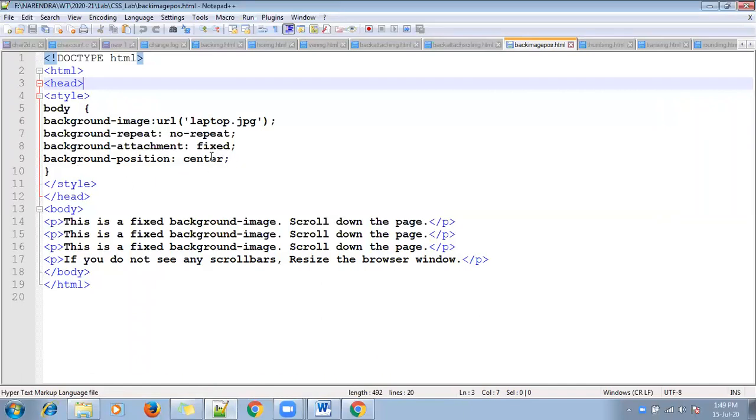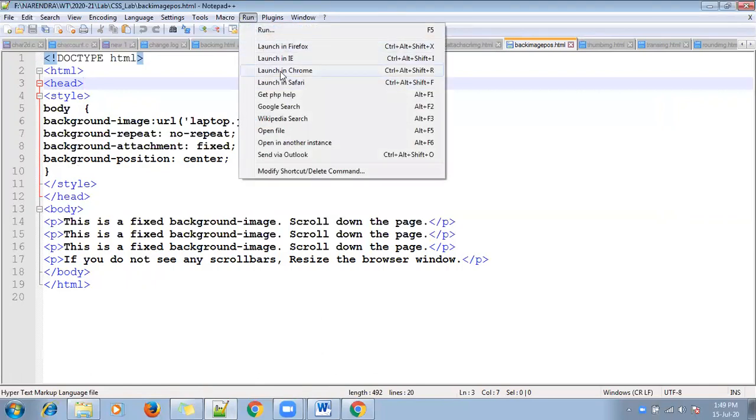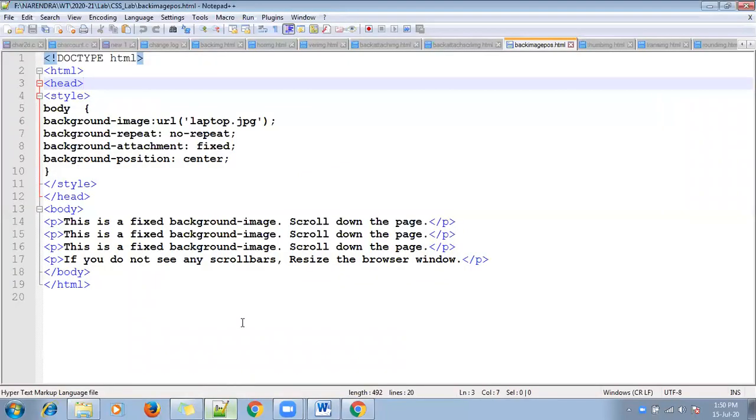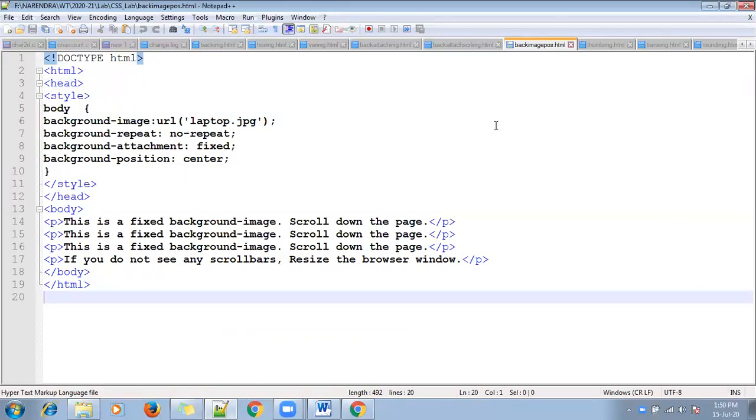That means your image will be at the center. Okay, I'm just running my program here. Are you clear? Image at the center. Got my point? This is how to write programs. Background position center.